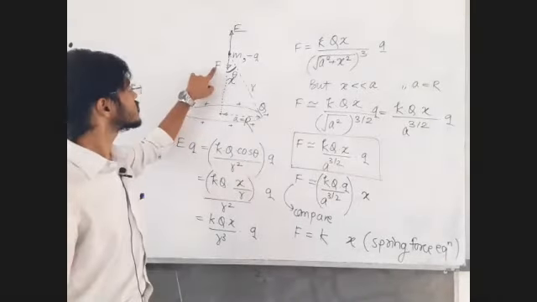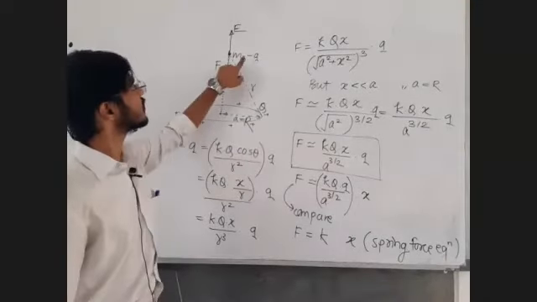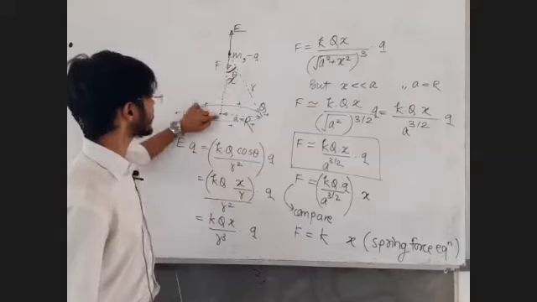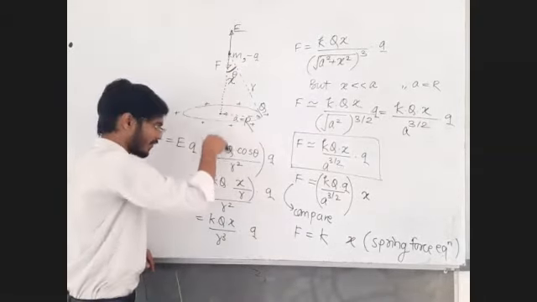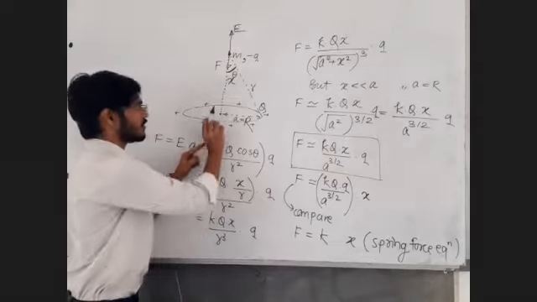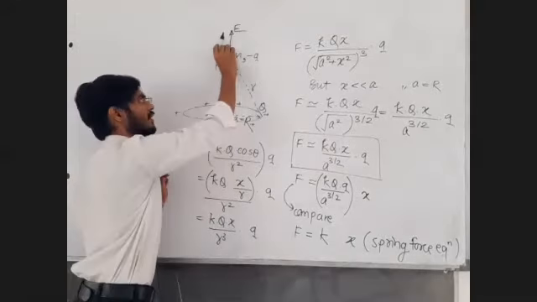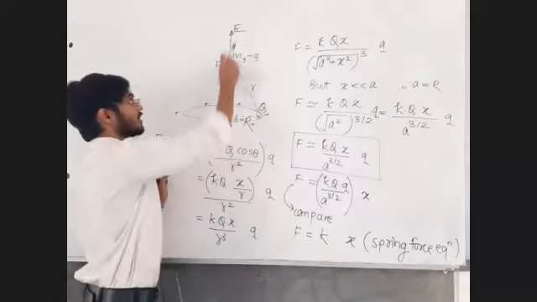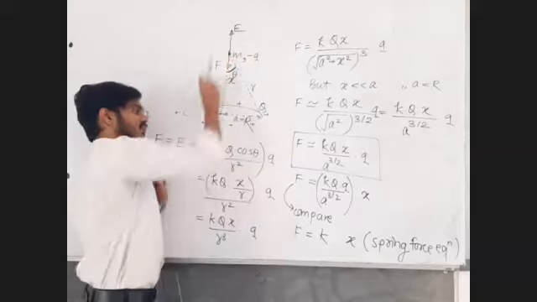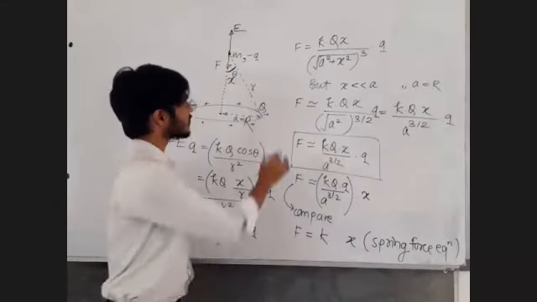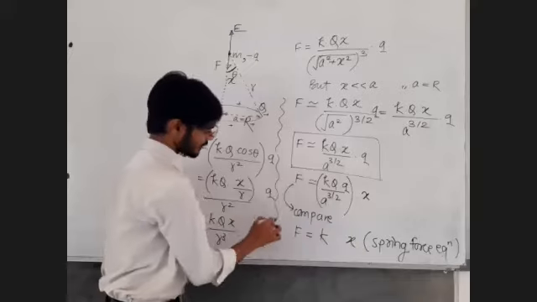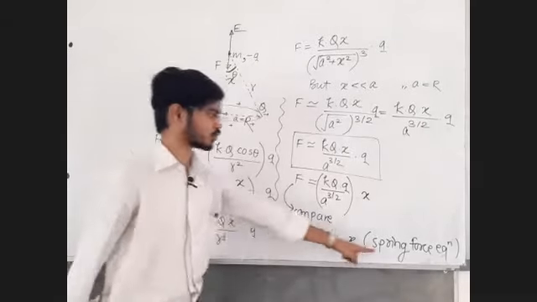This force is always saying that this charge should come to the center of the ring. It will come to the center of the ring, but because of momentum it will go away. But again the force will bring it to the center. Again it will go away. Again the force will bring it to the center, and the charge will keep on oscillating. Isn't that interesting? Agree, disagree, just reply to me in the chat box. Can I compare this with the spring force equation?